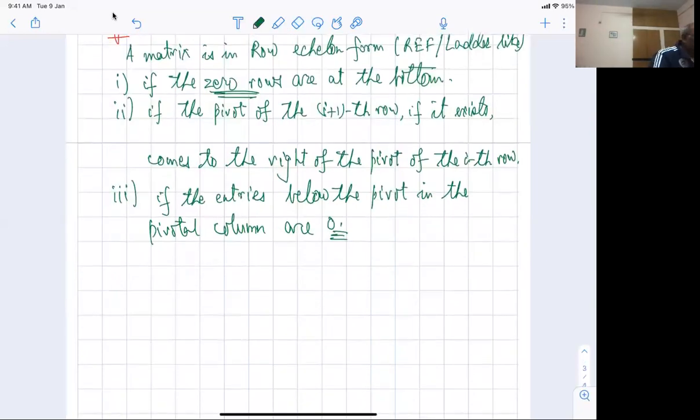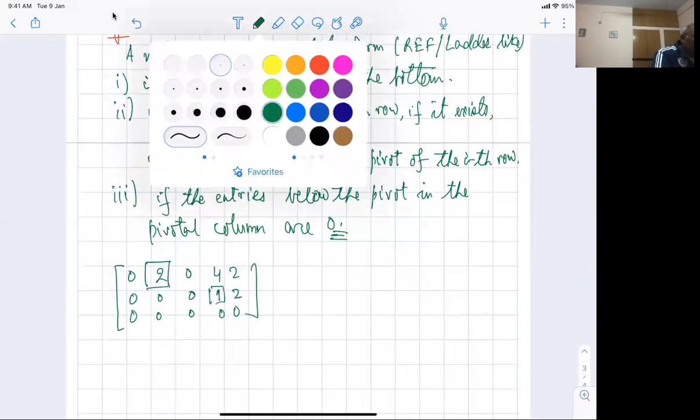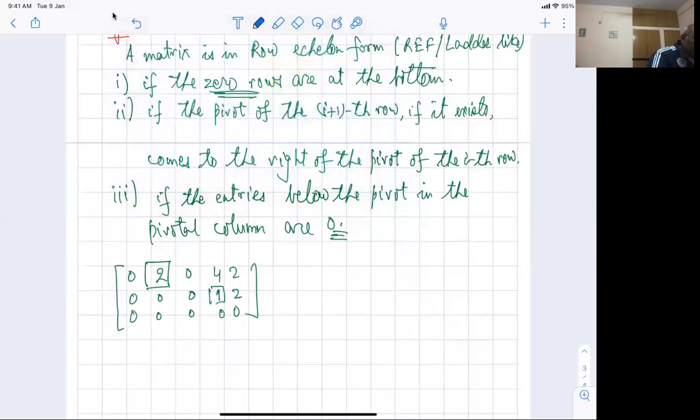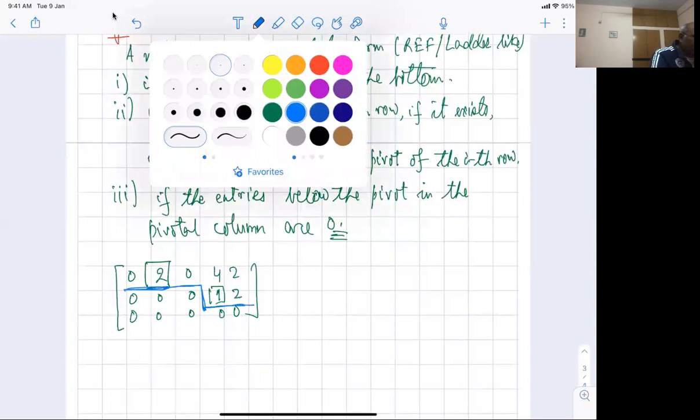All right. So example. Let us look at this matrix: 0, 2, 0, 4, 6; 0, 0, 0, 1, 2; 0, 0, 0, 0, 0. Fine. So I can see that this is a pivot, and this is a pivot. And the important thing is that if I look at this, the first row comes here, and then there is a staircase like this, and I am getting this staircase. Is that okay? Let's take some more examples.